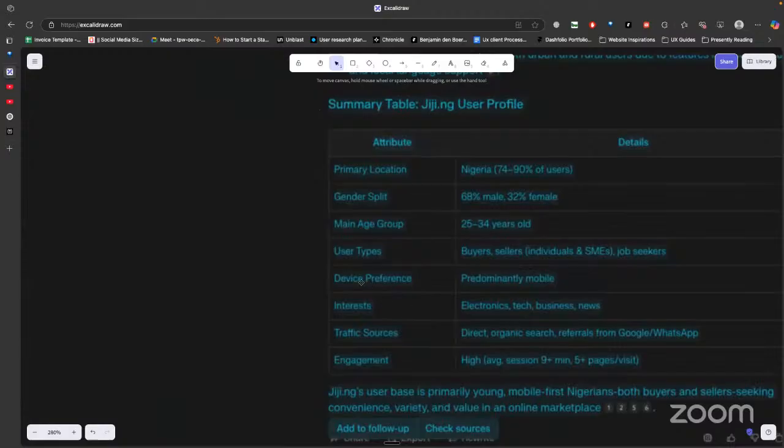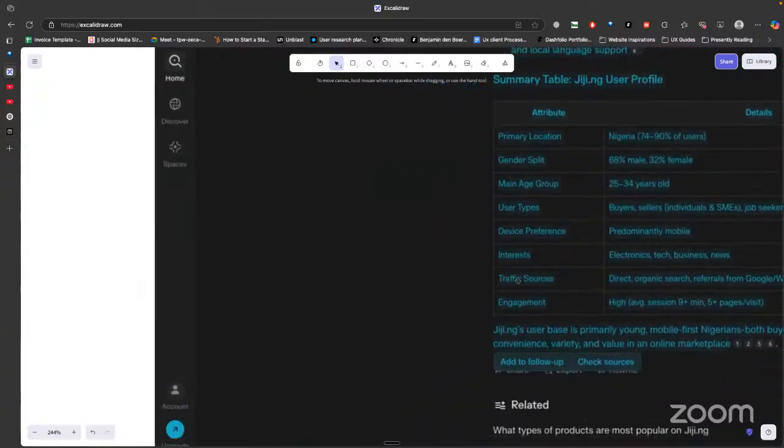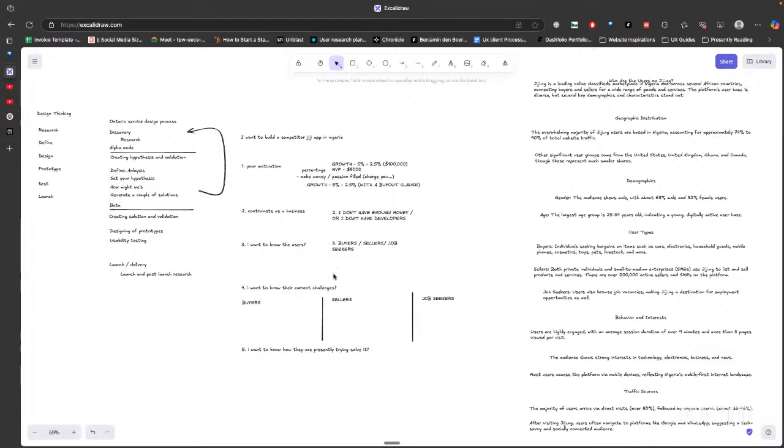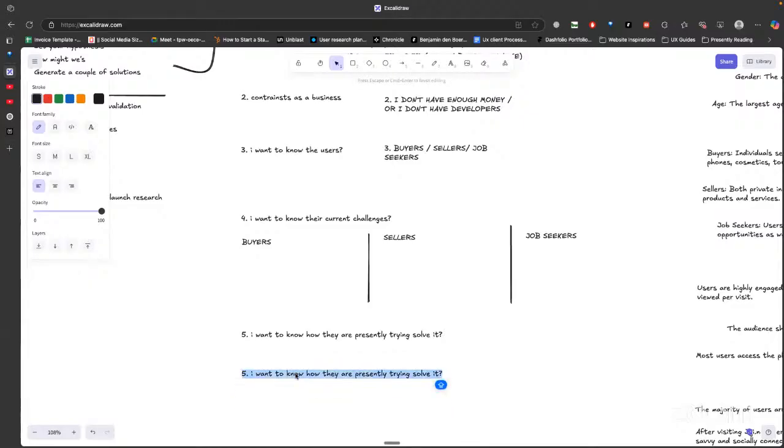All right, so you can see device preference, predominantly mobile, right? So this is another thing that you ask your client. Okay, so now, what are they presently trying to solve it with? And then your number six question will be, so you get to your solution aspects. So your solution questions could be like,